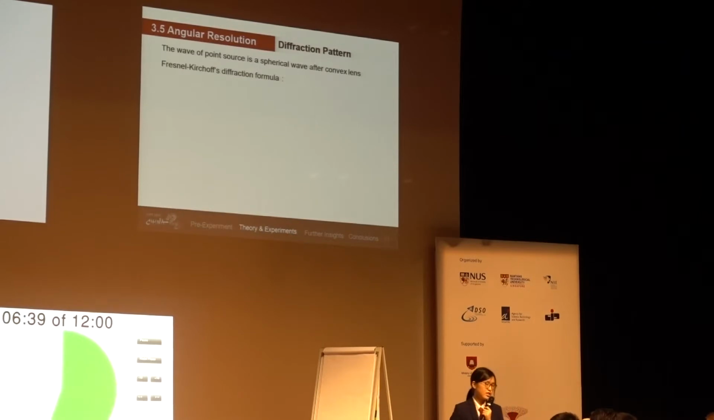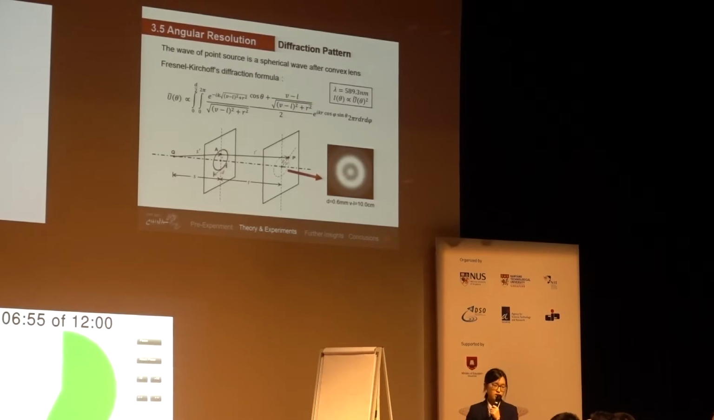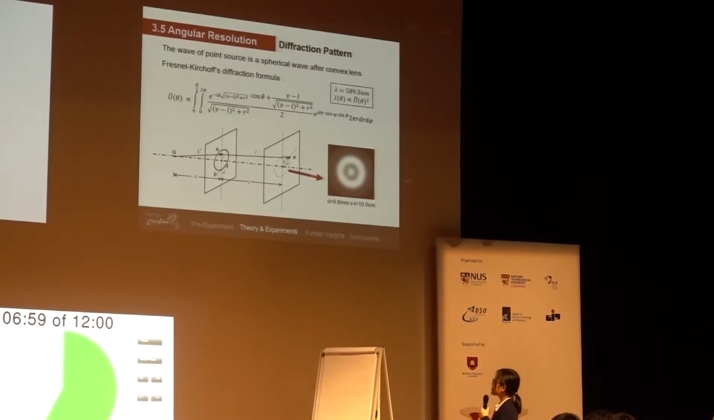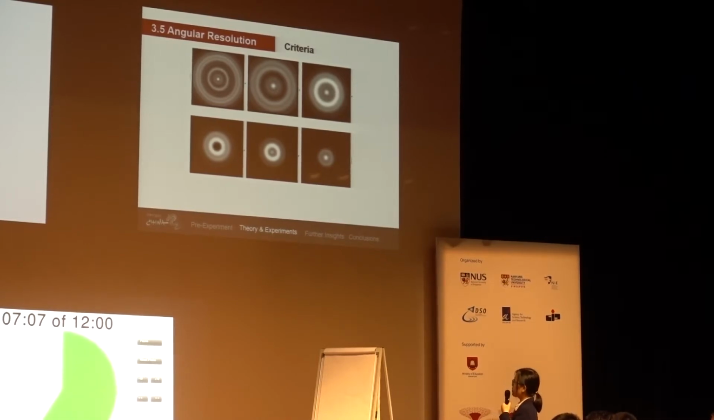Of course, the point source gives a spherical wave after the convex lens and going through the pinhole. So the diffraction cannot be simply the Fraunhofer diffraction. So we use the Fresnel-Kirchhoff diffraction formula to calculate the actual diffraction spot. And this contains both the geometric limitation and the diffraction limitation. So this is the diffraction spot we get, and we can see that it's hard to have a criterion for the width of the spot. So we have